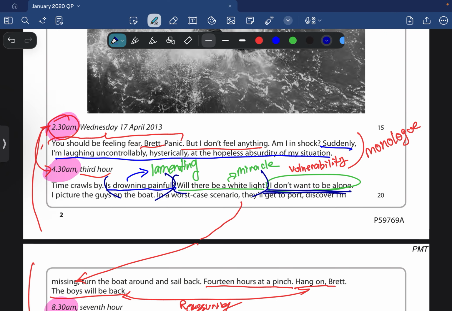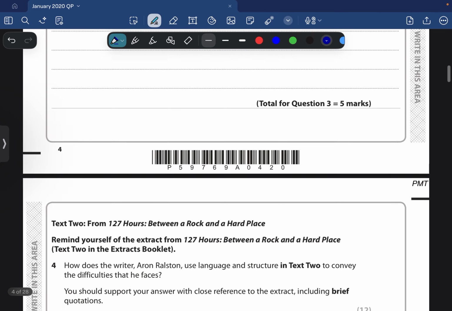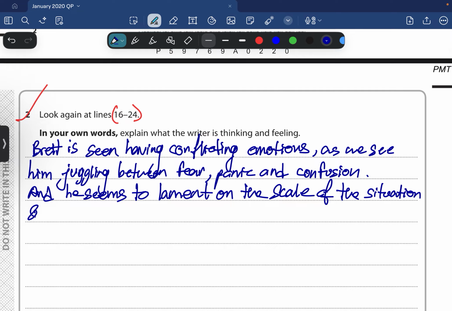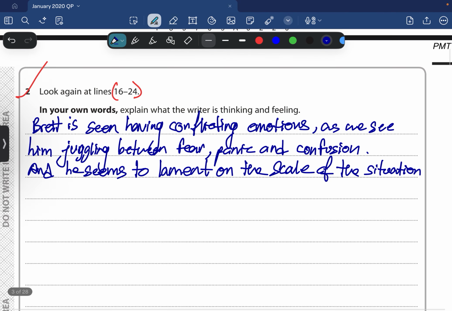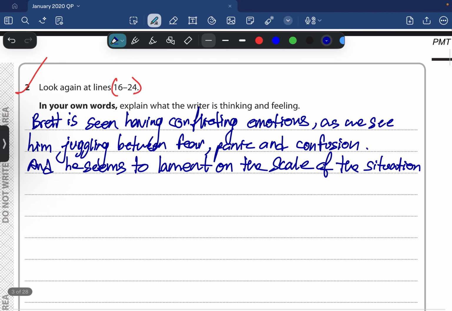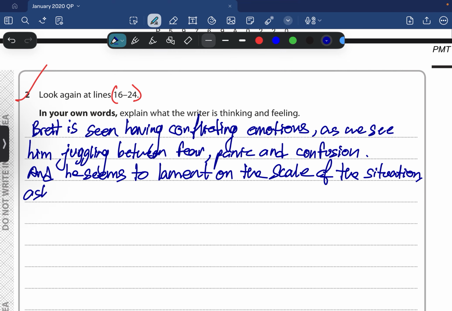And, okay, so there are so many things to write. This is good. It's getting me excited. This is exhilarating. Get excited. Dr. Stone reference. Okay, lament on the scale of the situation. That's the first thing we see. As he seems to lament on the scale of the situation, asking questions to himself,